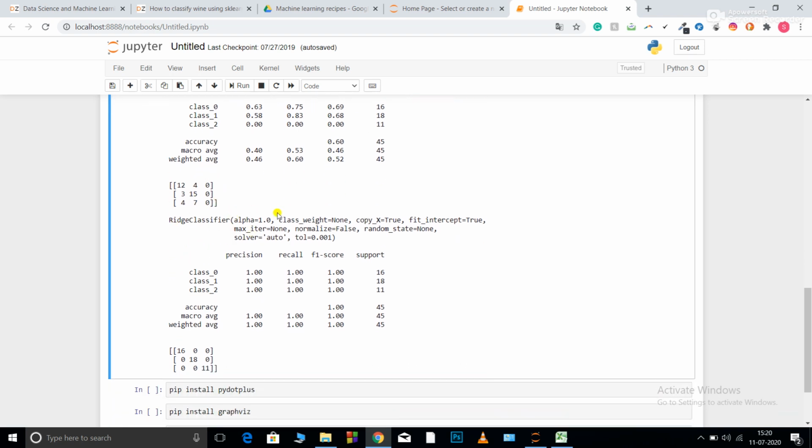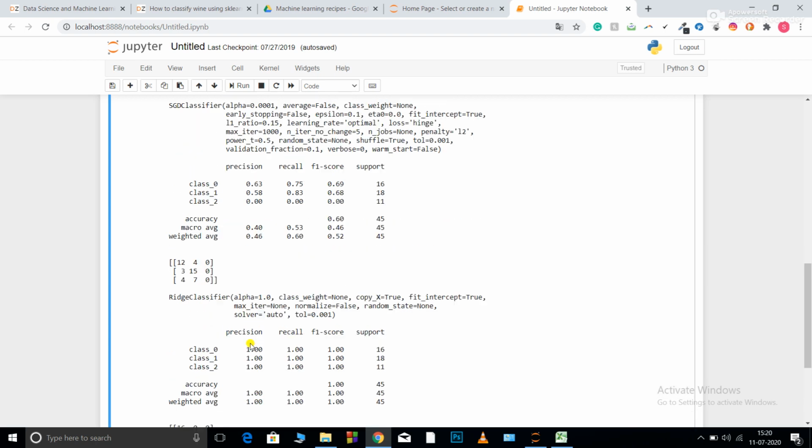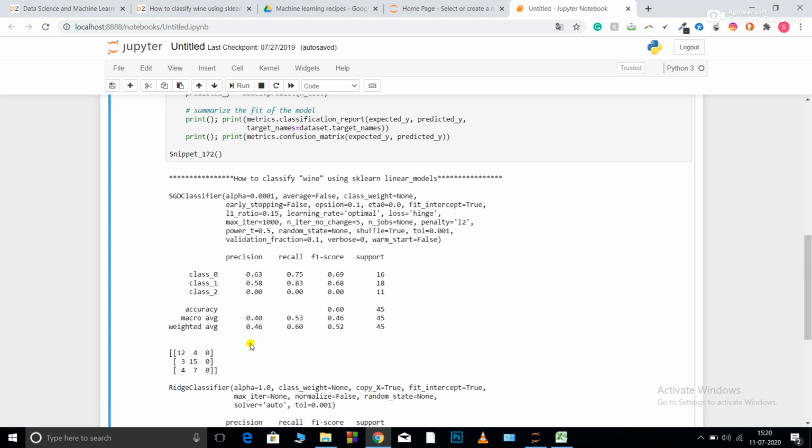Now I'm switching to ridge classifier, so you can see how greatly it has been performing. All the predictions are correct for ridge classifier. So the best models for linearity that we generally use are elastic net regression and ridge regression. Because of the regularization parameter, it prevents itself from overfitting, and it performs equally well on the dataset that it hasn't seen before.